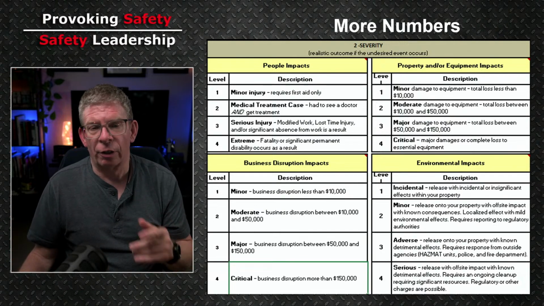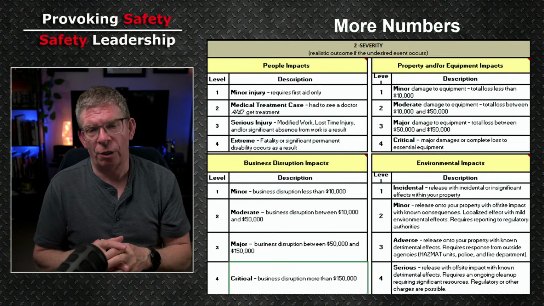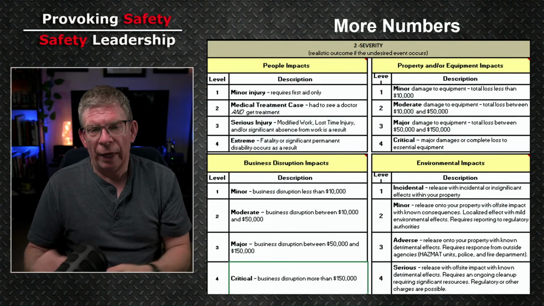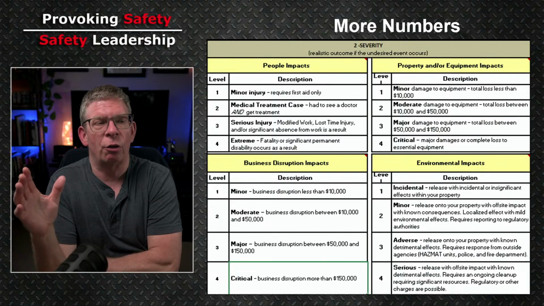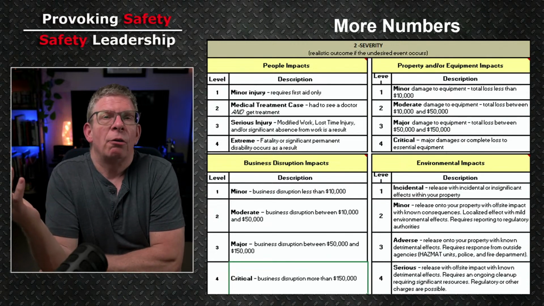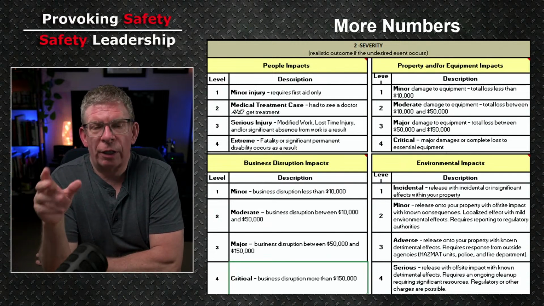But then the next thing to look at is business disruption impacts. And once again, give it a monetary value. Don't say, oh, we had to close down for 2 days. What does 2 days mean? Look at it as